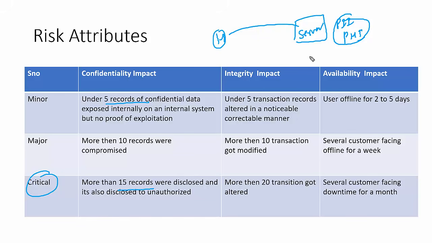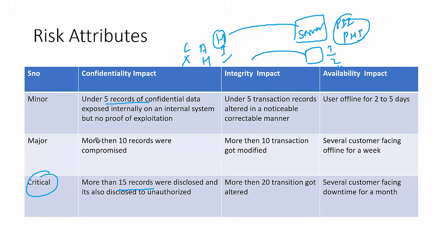Now we have another server which basically provides services on the internet to the customer. For me, if it's down for 1 hour, it has a big impact. If it's down for 2 hours, big impact. If it's down for 5 hours, it exceeds my risk tolerance. So we give the critical rating. There's no data, so I cannot measure from a confidentiality point of view. So in this case, confidentiality, I will give cross, but availability, I will make high. Integrity, I will mention high. So sometimes impact is organized based on CIA.